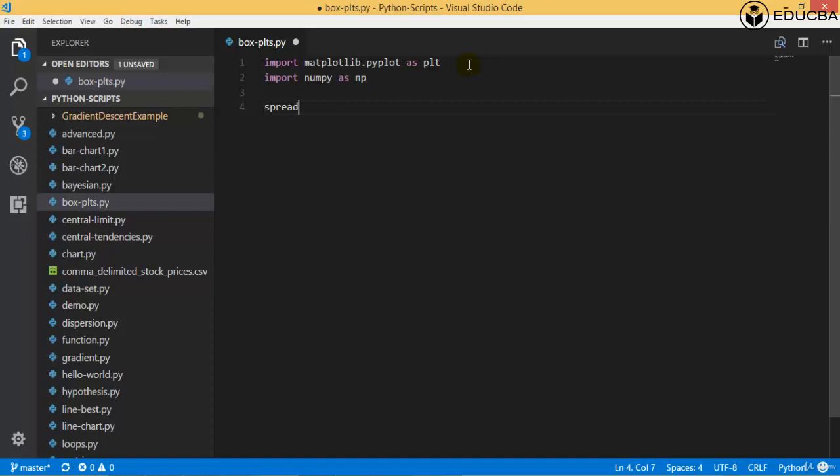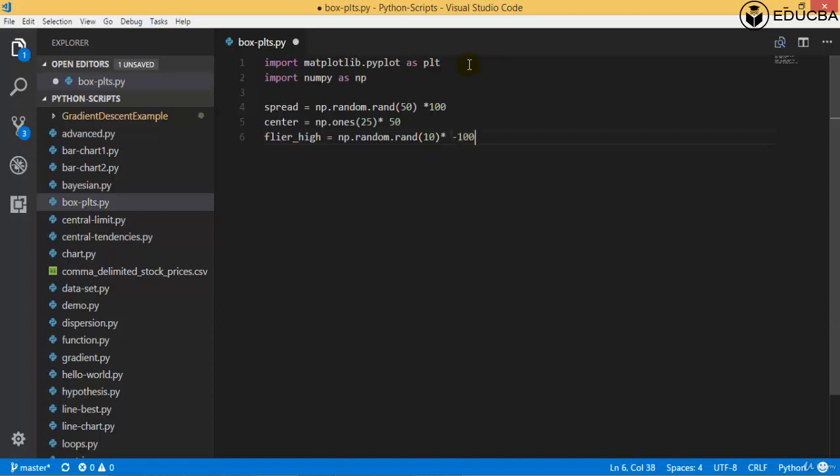So that is spread equals np.random.rand with a value of 50 * 100, and then comes the center value, which equals np.ones with a value of 25 multiplied by 50, and then comes the flier high value, as np.random.rand with a value of 10,